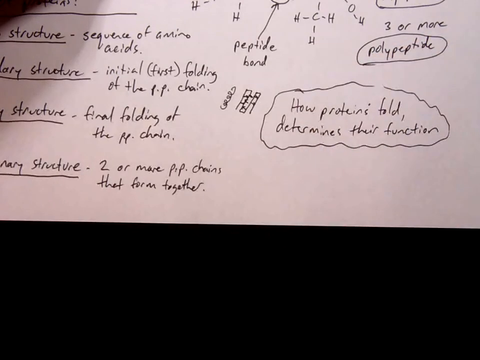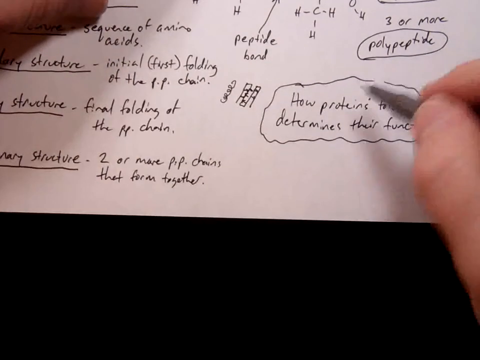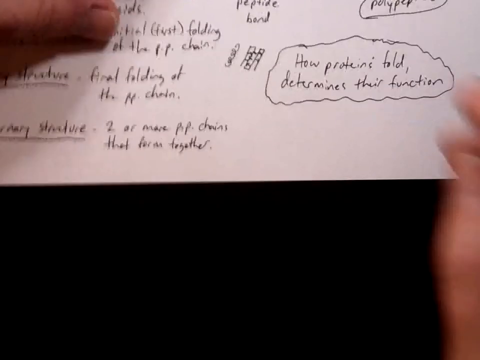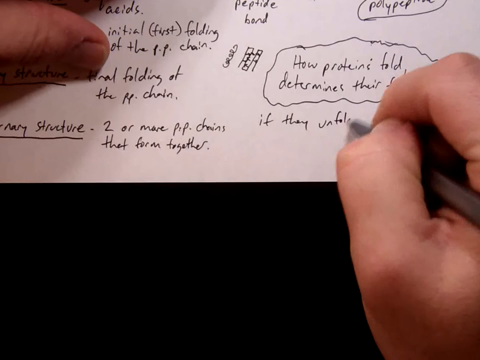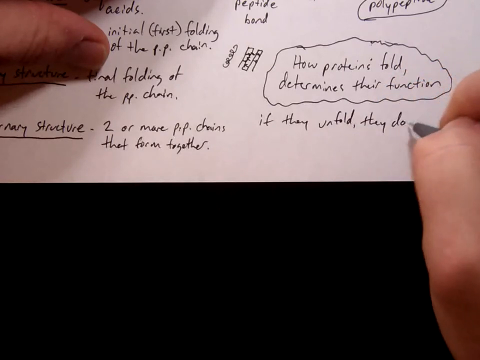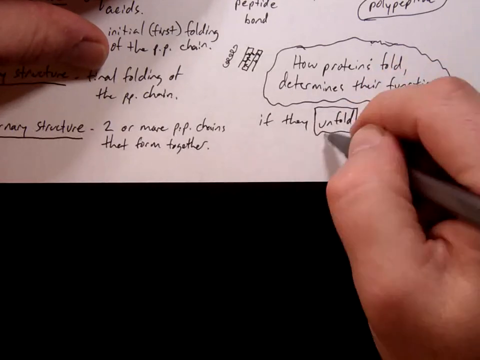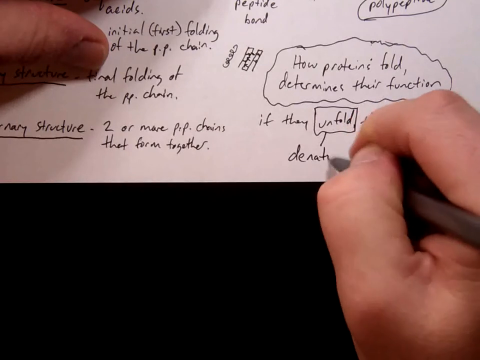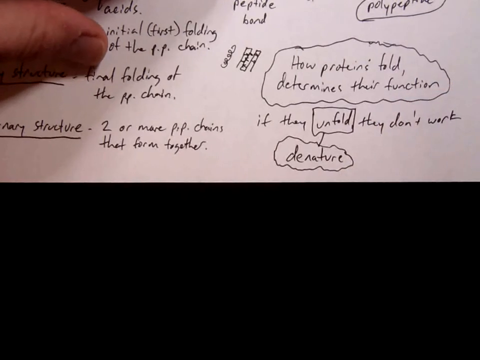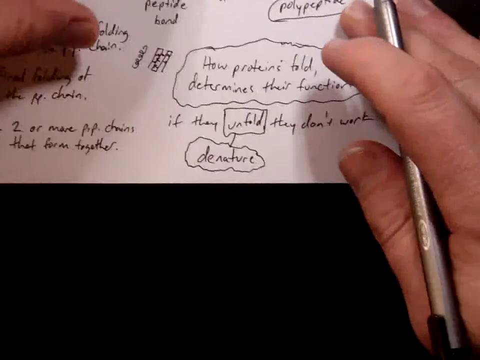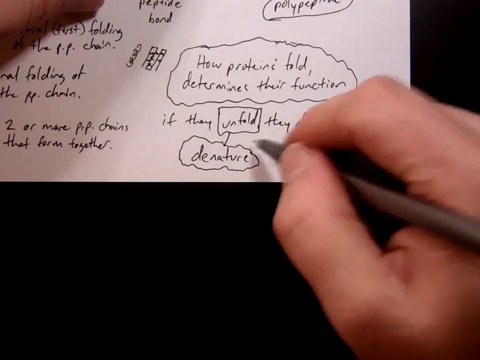The trouble with that is this. Proteins are very sensitive to 2 things. Okay? If they unfold, they don't work. And that unfolding, the name for that is denature. If proteins denature, they no longer function. 2 things that would make them denature very easily. Okay? They denature if